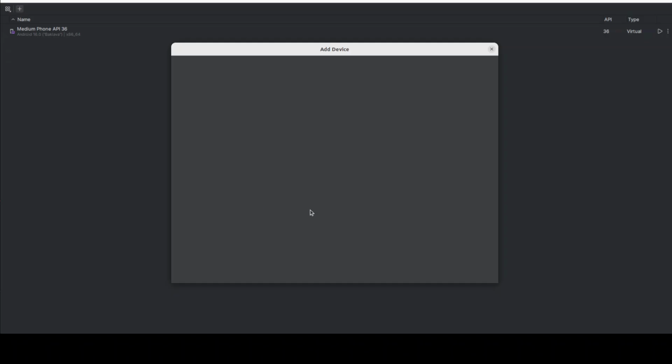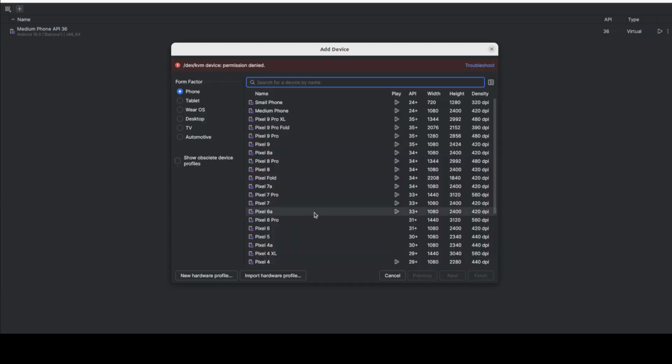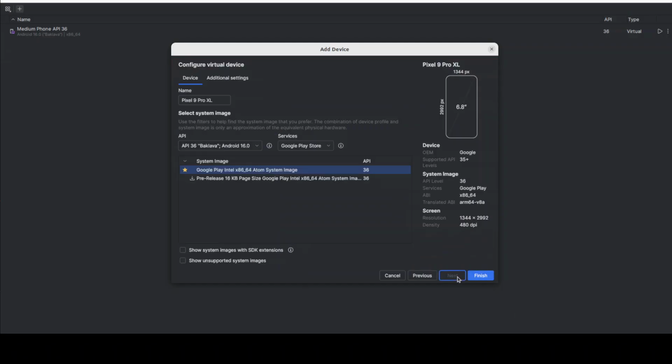Maybe you can also go to the virtual device manager, then click on plus here. You can create a new device. Maybe I will just go with any newer one, doesn't really matter in the grand scheme of things. So I'll just go with Pixel 9 Pro. You can go tablet or whatever. Click on next, just keep all the defaults and then simply run this,